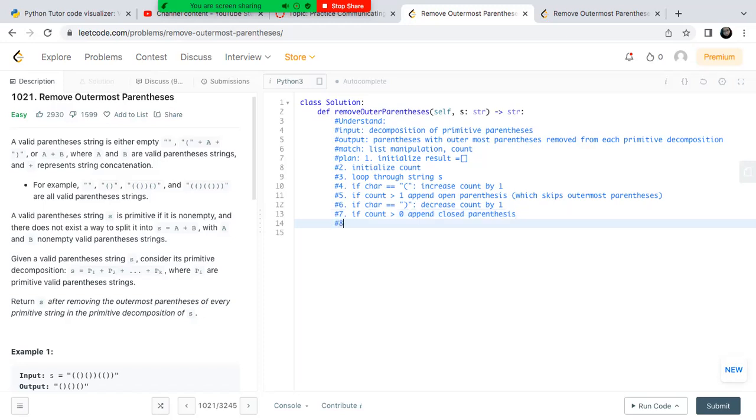And then we're going to dot join the results and outputs. So let's implement this plan. So we first have results,